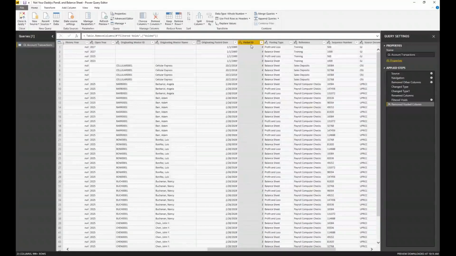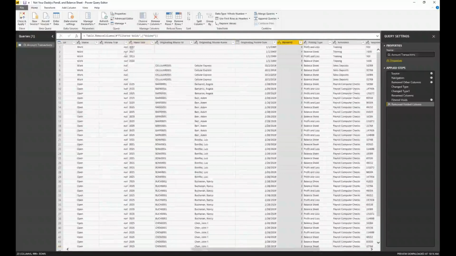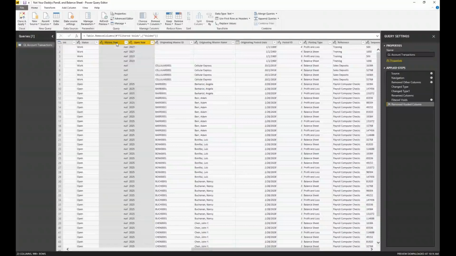So we have the fiscal period right here. We also have our fiscal years. And these are the years that are set up inside of the period setup in GP as well. When something moves to history, it ends up in this history year column, but if it's open, then it's showing in the open one. And there's some that are even unposted, and so there are no years there. So we have to deal with all of these. What I want to do is merge these together so that I could look at my fiscal year. I don't care when I'm doing analysis whether it's history or open, and I don't want to have to deal with 2 periods. So as part of our building here, we're going to clean this up.